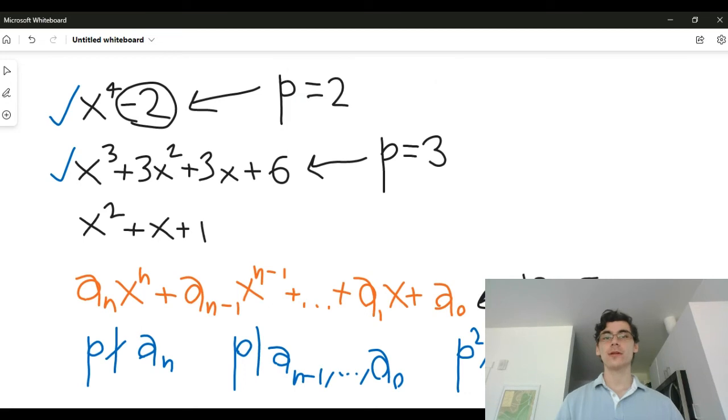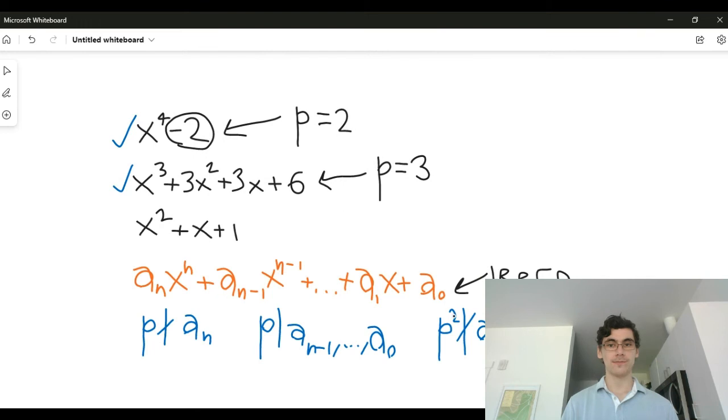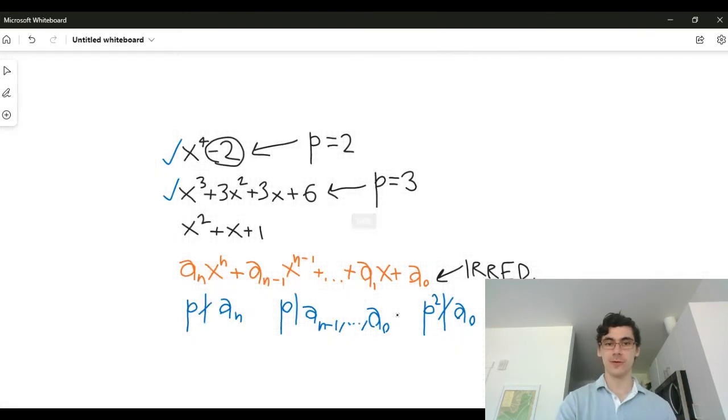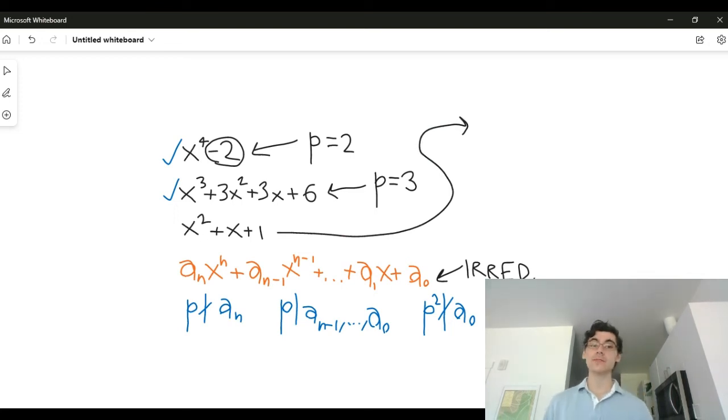And then the last one that we need to deal with is this polynomial. This one is going to be slightly more difficult. Make a little bit more space here. Let's come over here. So this last polynomial is going to be slightly more difficult because taking the polynomial as it is, there's no prime number that will work, right? Because all of the coefficients are just 1. However, what I could do is I could try